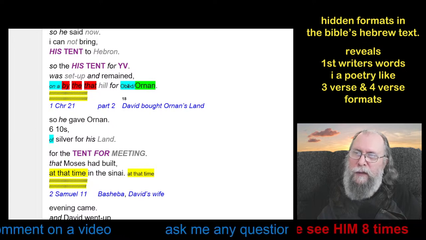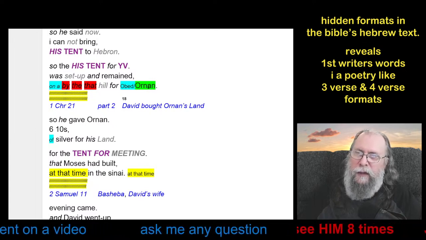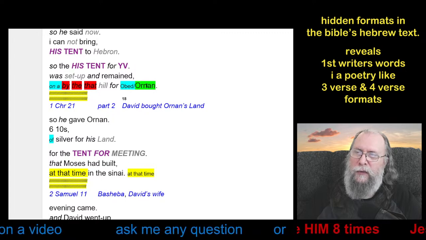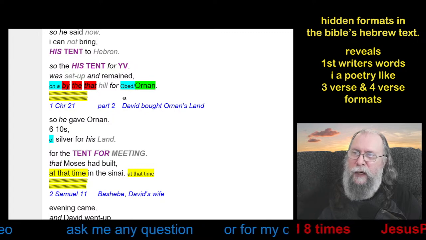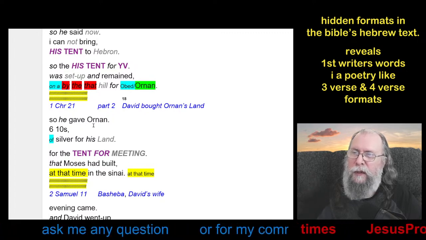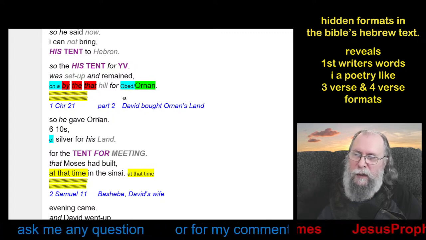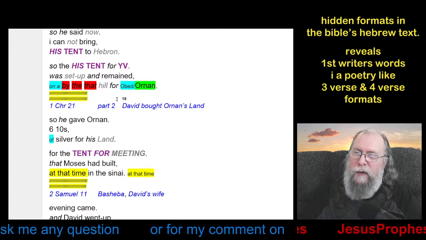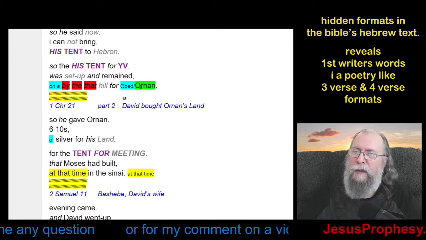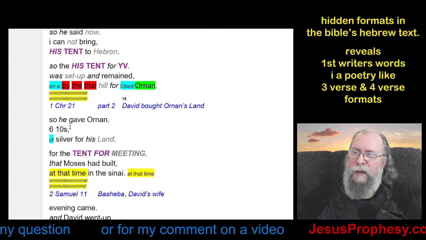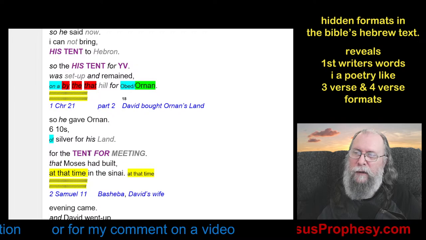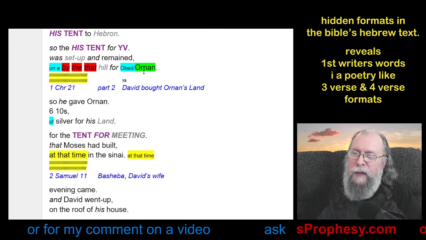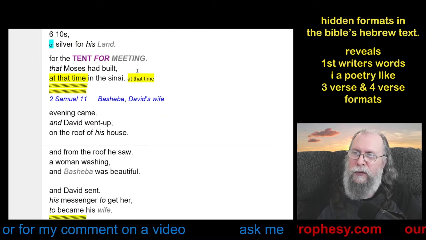Some places it's Obed, and other places it's Oran, so I'm going to use the word Oran instead. So there were 2 different names listed. Here I'm using it as I didn't do anything with it. Here I'm saying it changed to this because here's what it's talking about, that he gave the silver for the land for the tent of meeting. Then I had to switch those words around.